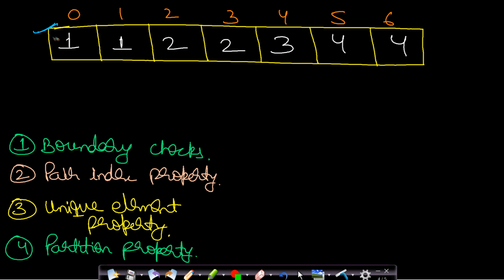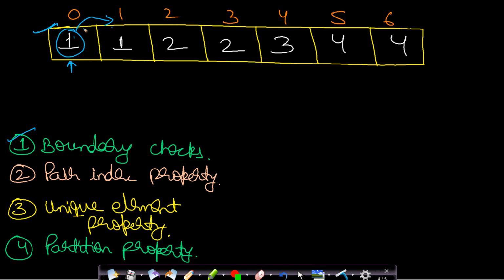So let us assume that we are given this array. Now I will show you 4 properties. The first property is we need to do boundary checks. So we need to find whether the unique element is present at the boundary or not in order to apply binary search afterwards. So we will compare the first element with the second element. If this is a unique element, then this will not be equal to the second element. Then we will simply return the first element.